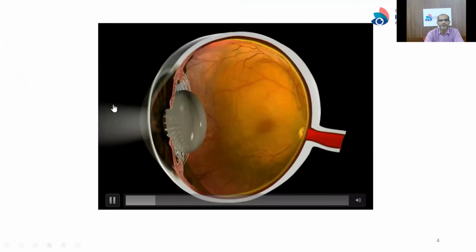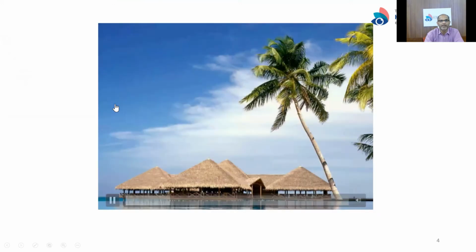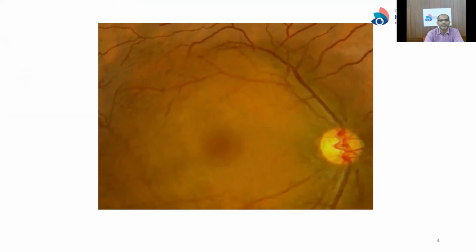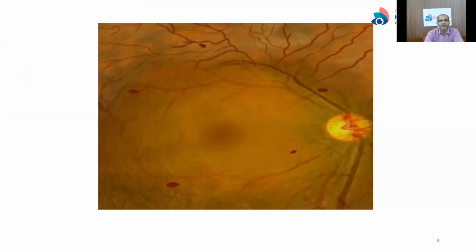This video describes what changes take place in the retina and how it affects vision. The initial stage of retinopathy is microaneurysms and dot and blot hemorrhages. Then there is an increase in the leakiness of the capillary bed, and there is a swelling of the retina, and